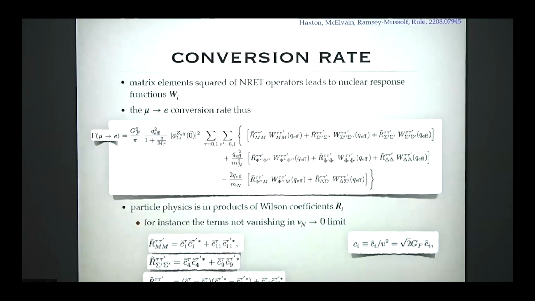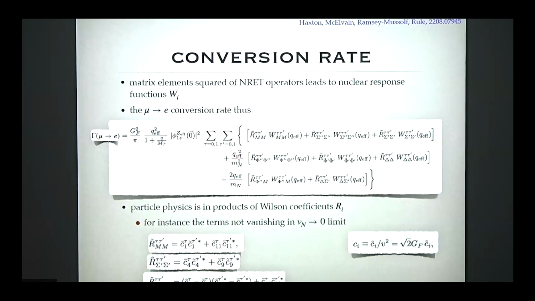So this was a lot of formulas. I have one more slide, and then I'll try to summarize what's important. All right. So I need a little bit more of the language. So what do you do with this? Now you take the matrix element squared, you put it into the nuclei, and you will end up with what's called the response functions. These response functions are the W's here. And you see that this was already ordered in terms of, that's the rate for the conversion, some prefactors, and then the kinematical factors, which contain these Wilson coefficients.